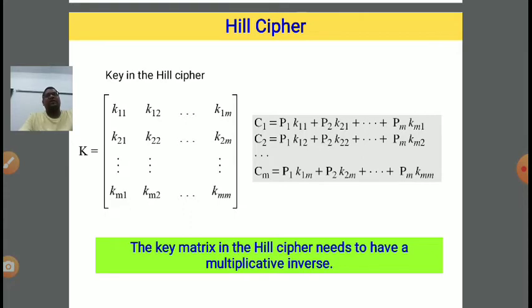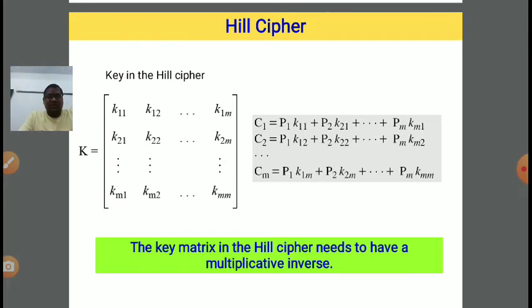Since we are converting plain text into ciphertext, we definitely require a set of keys. In Hill cipher, one speciality is that the key is in the form of a matrix, right? So some matrix operation is required to convert plain text into ciphertext with the help of this key. The key in the Hill cipher is in the form of a matrix.